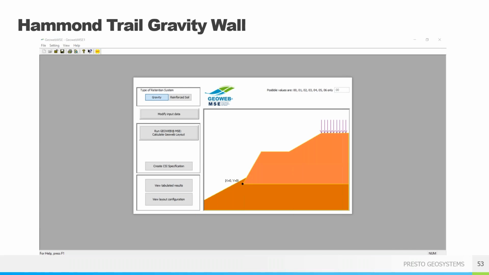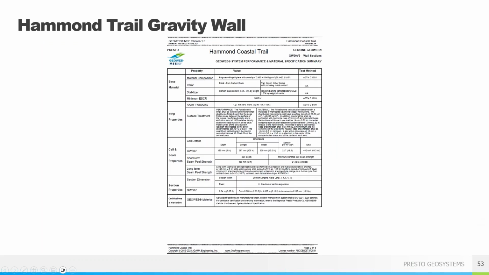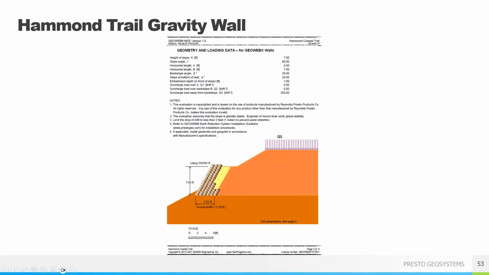So you can see at the left point, we can actually do a printout of that. What that's going to print is a really nice report that you can summarize and put into your calculation. Here you can see it's going to give you all the titles. Once again, that designer name is really important. It's going to run that program. It's going to include the standard specification, depending on whether you're with the 30V or 40V cell size, and also whether you work with the different types of the depth. It's going to give you a full printout of that evaluation.